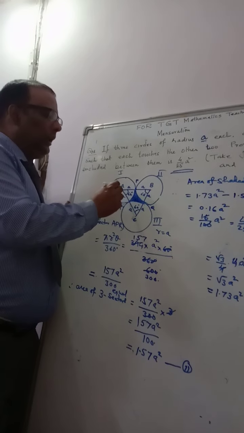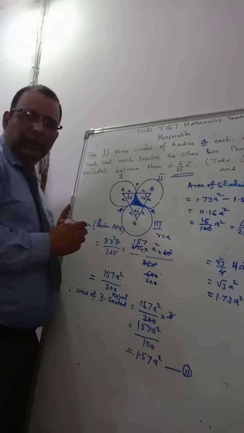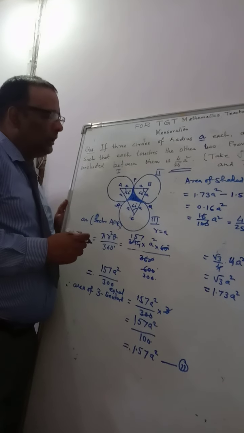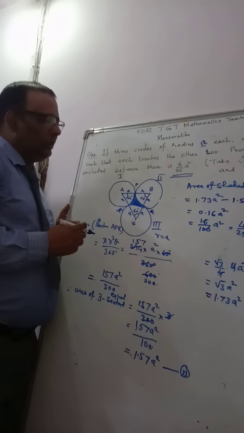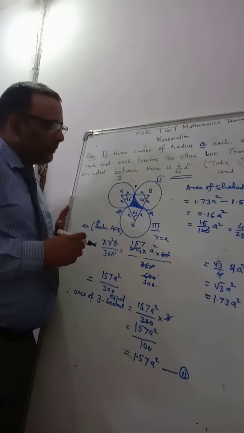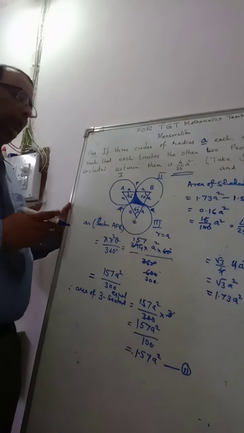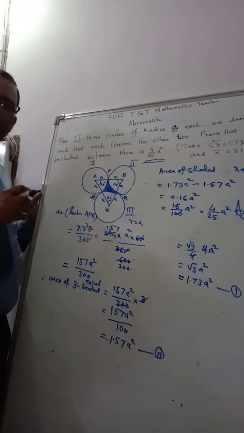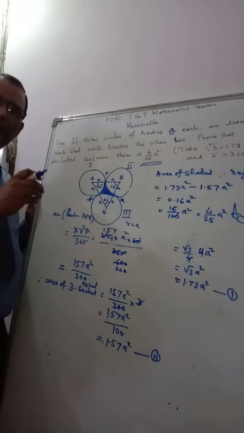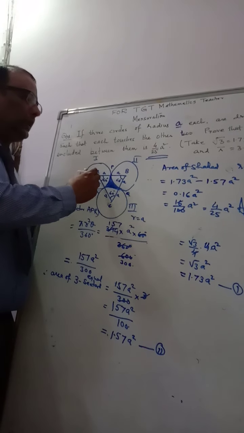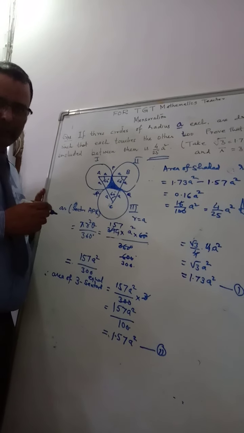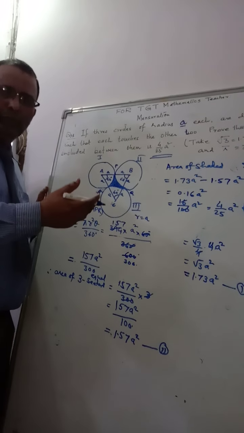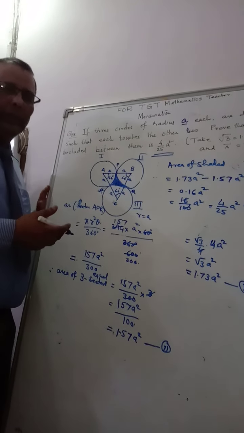As well as A, P, B are collinear. For that, we will have to learn how they are collinear, which can be explained in algebra: when two circles touch each other, then the point of contact lies on the line joining the centers of the two circles. This is a question of pure geometry, so that will be explained also.